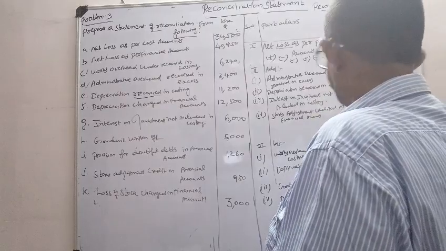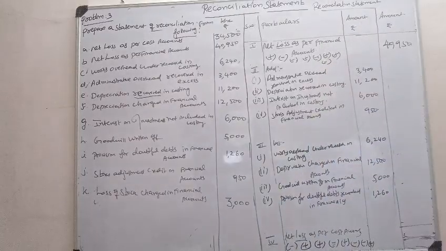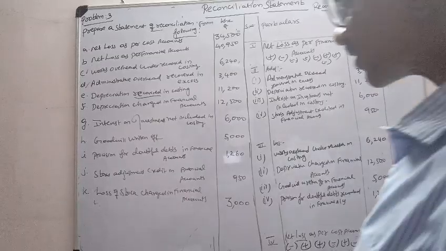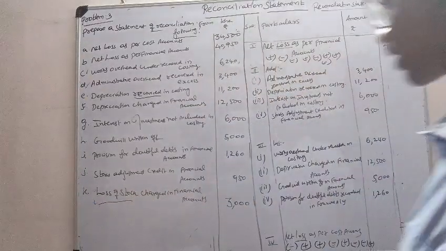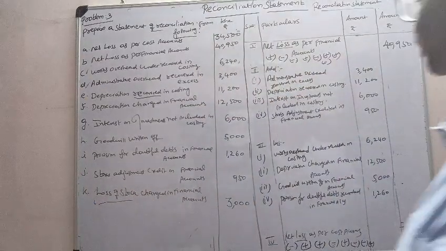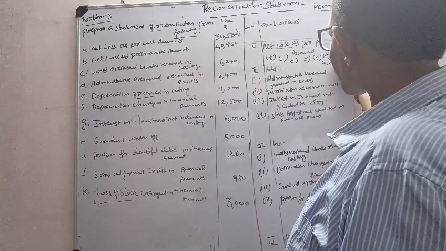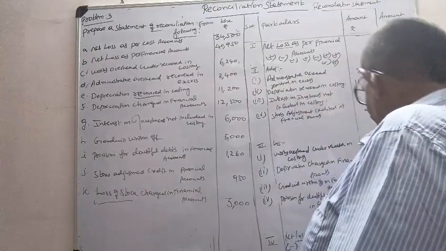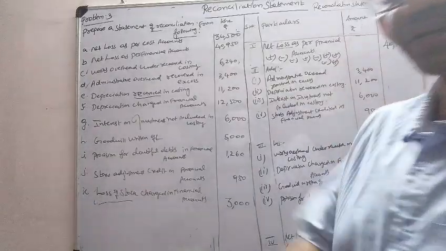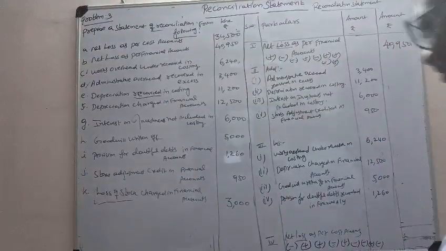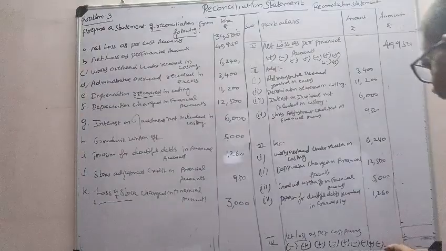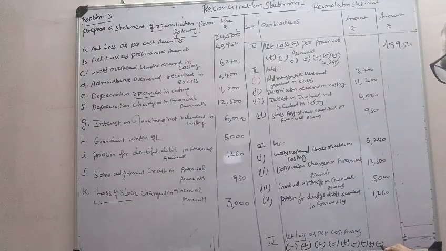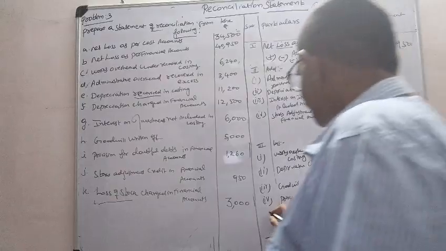Financial accounts. Next, loss of stock charged in financial accounts. As the name itself suggests, loss of stock is a sort of loss. So in financial accounting, loss level increases. In cost accounting, loss level decreases. Net loss as per the cost account: what it says is the output loss minus.